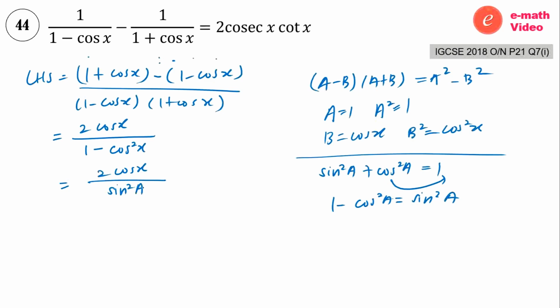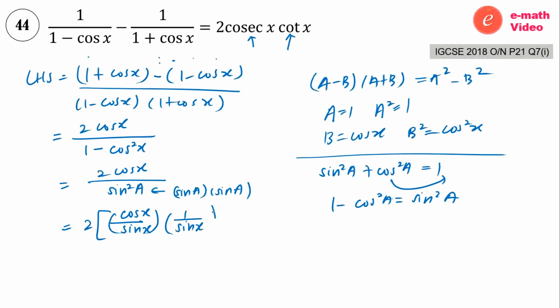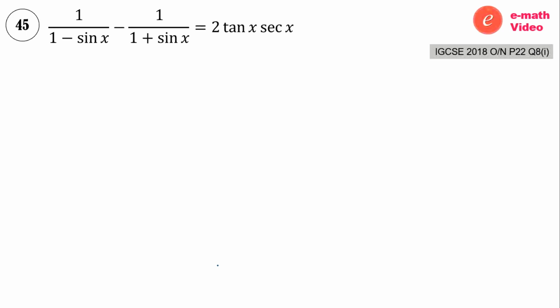But you have a look on right hand side. We need a cosec and cotangent. So we just split this part here into sine a times sine a equals to 2 constant we put outside, cos x over sine x times 1 over sine x equals to 2, this one is here, cosecant x, and this one I put here, cotangent x. Proven. Number 45. Same thing lah, left hand side equals to 1 plus sine x